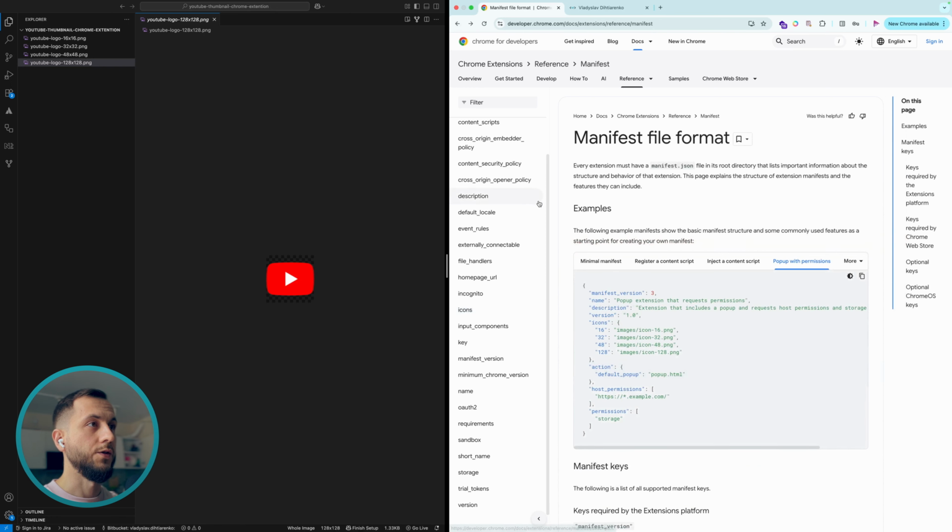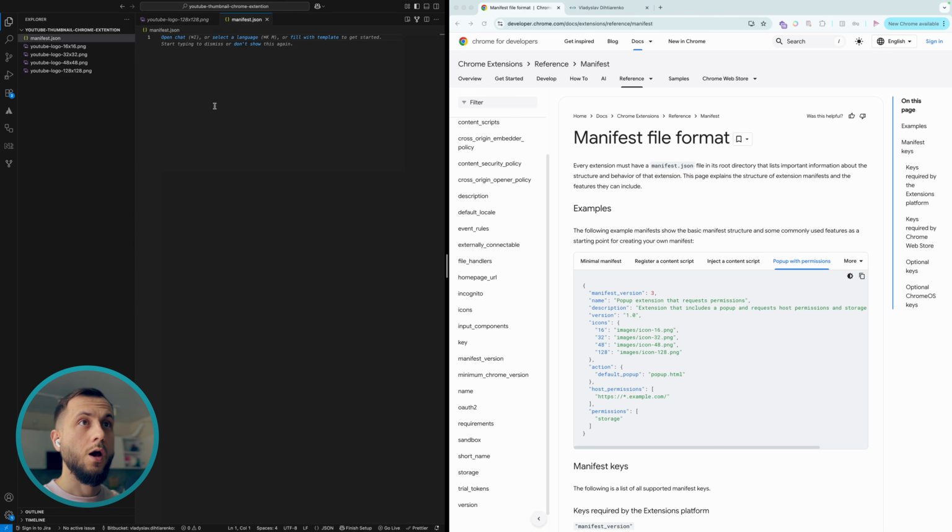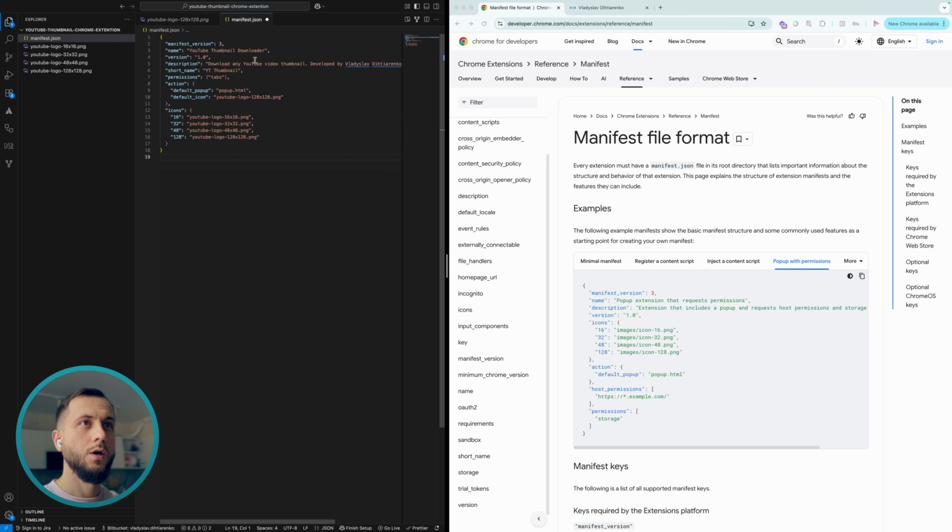But for now, let's create a manifest.json file. It is an important one to make the Chrome extension work. So let's create manifest.json, and here we'll have kind of the same structure. We just paste the code here. There are a few important keys there, such as a manifest version. It should always be 3, a name and description that are displayed in the Chrome extensions page, a version 1.0,